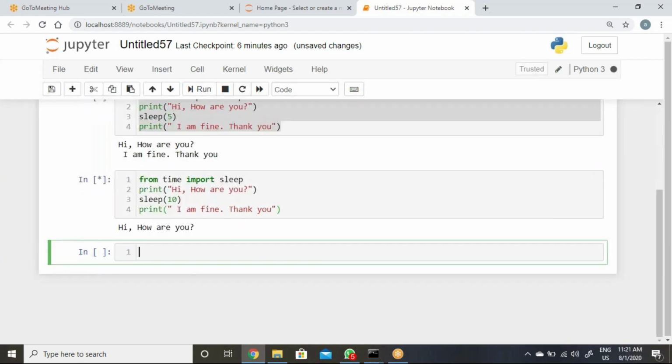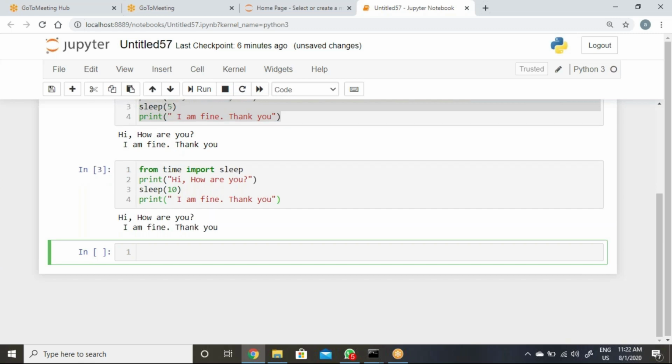Let's see. So hi, how are you is there, then it is waiting to complete the sleep time, then you can get the value. See, so it will hold for some time. How much time you require, you can hold, and then it will return the output here.